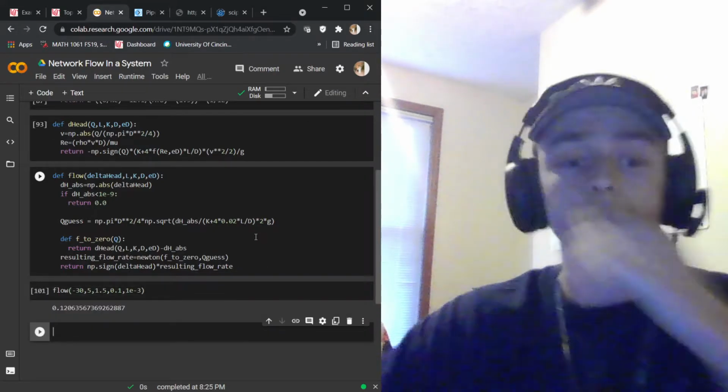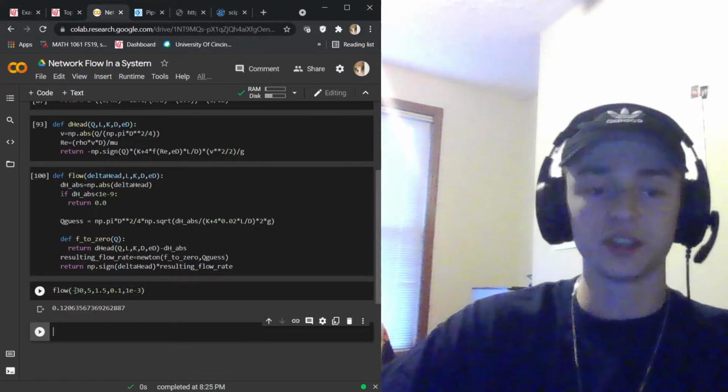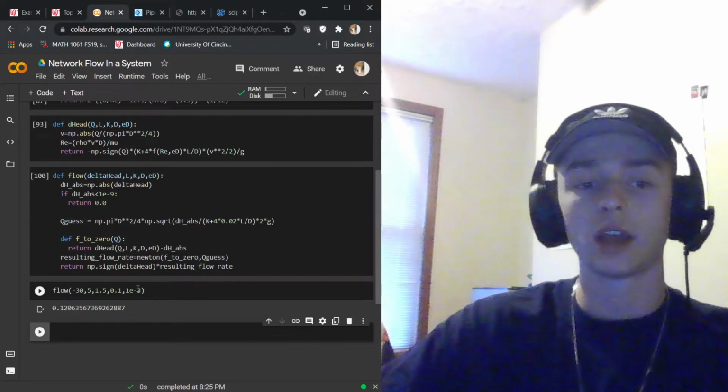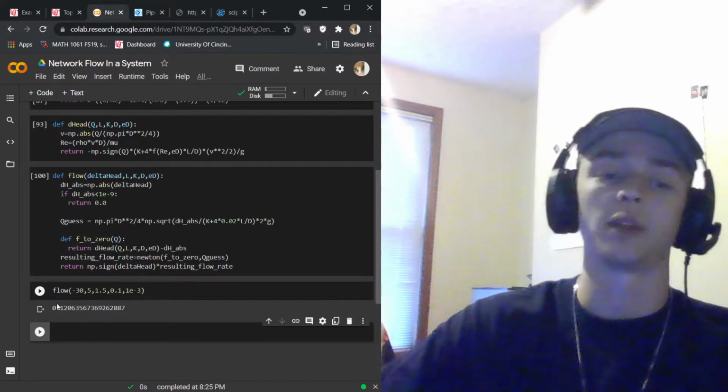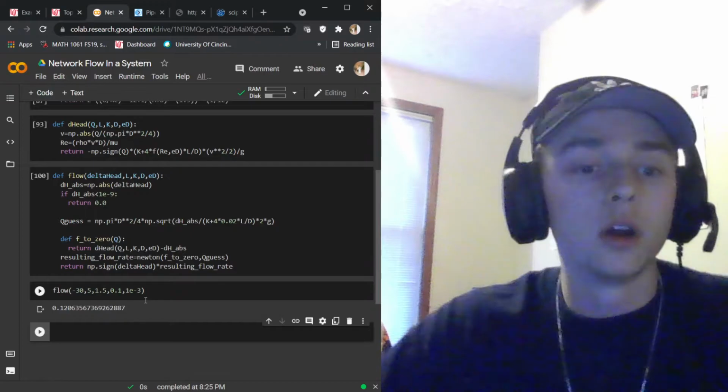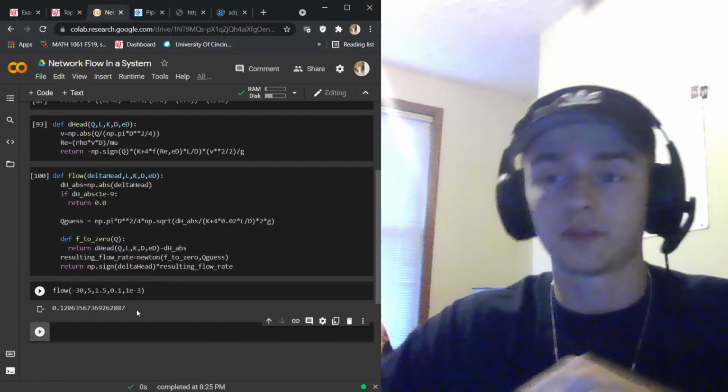And so this, given these cases with this change in head, with this length, K value, diameter, and relative roughness of our pipe, we get a flow rate of 0.121, we'll just round, through a specific pipe